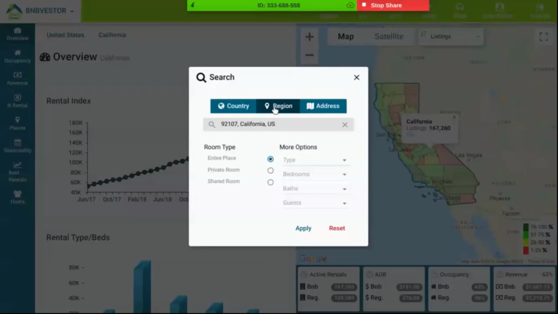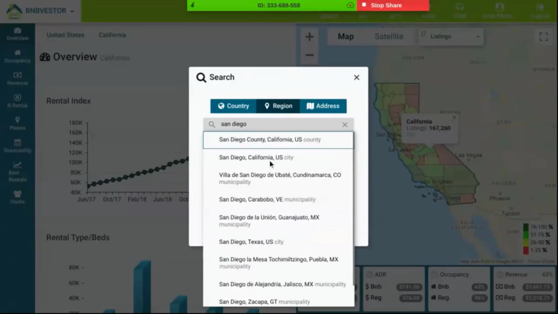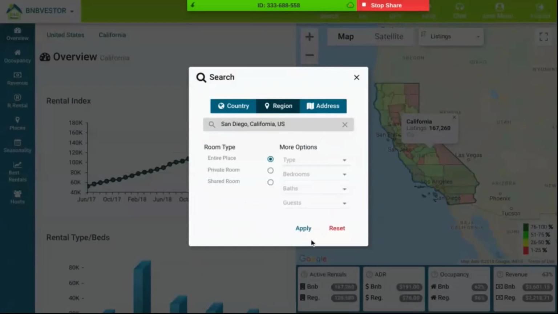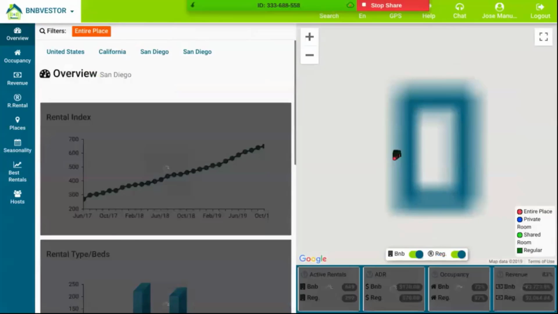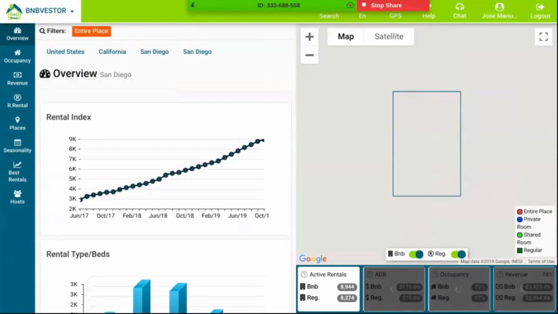I can go for a region, for example, and let's check the city of San Diego. Click on apply, let's go there. Now, what you've seen before, and here we have it in the map, is that everything is color-coded.